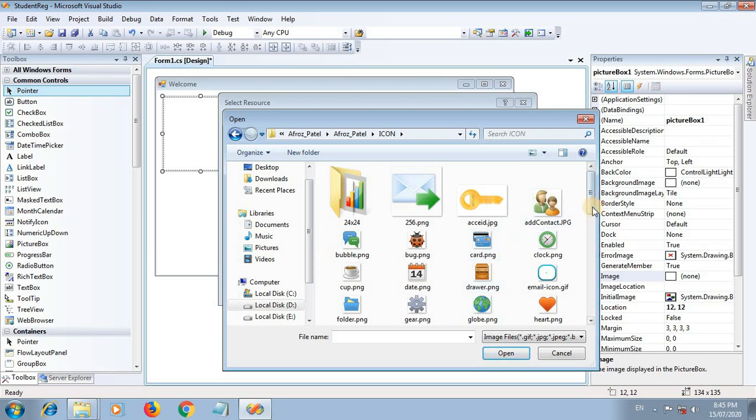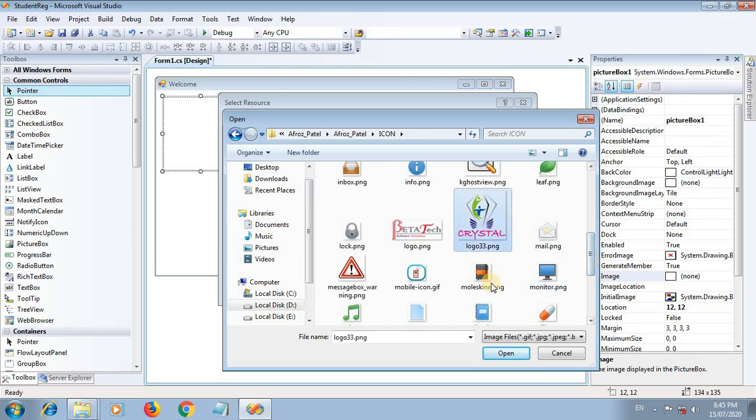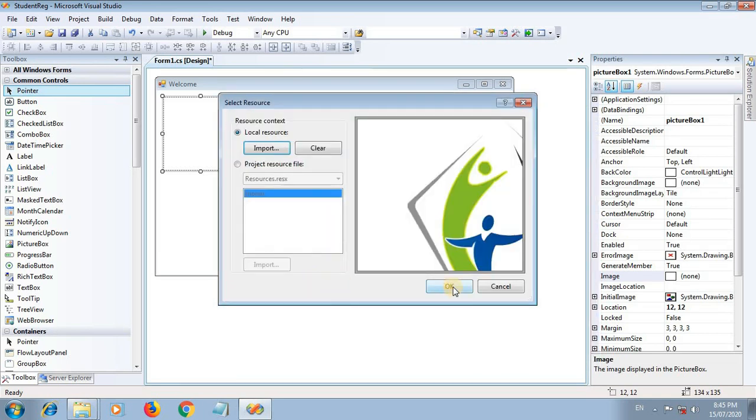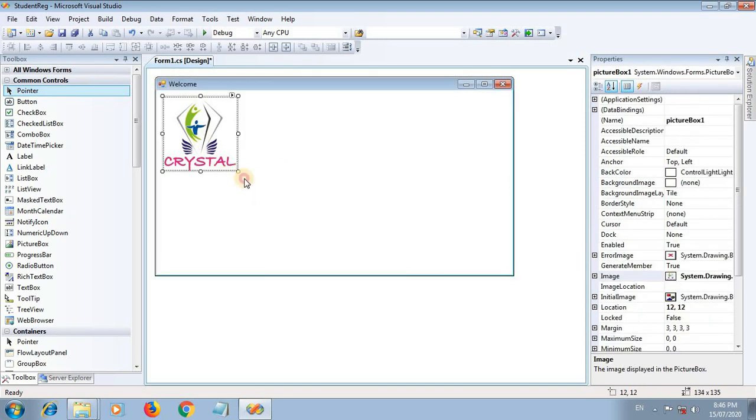I am using this picture. Click on OK, and the picture box contains the image, but the image is not shown properly. For this purpose, we select the size mode, which is Zoom. So this is our picture.